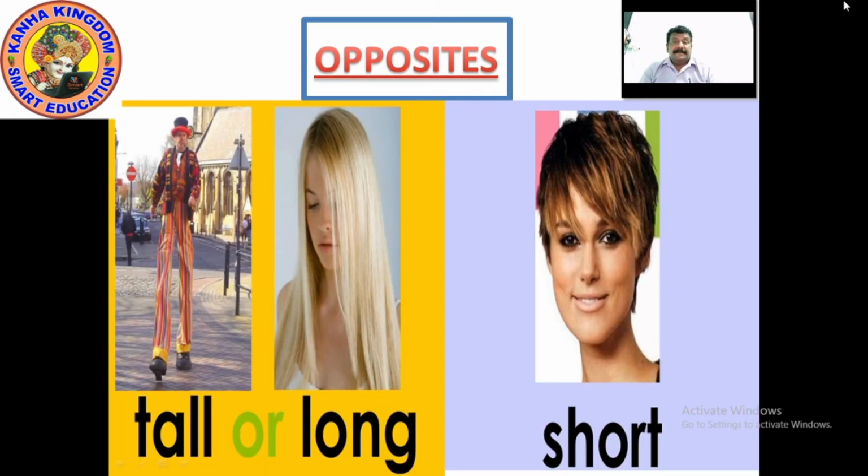Here, tall or long. When we talk about tall, I have told you in the first one, the normal height is 5.6, 5.7. The person who is 6 foot or the things which are more than the normal height are called tall, or long. When we talk about long, look at the hair. The hair is long. What is the opposite of tall or long? Short. You have seen in the first session also. Short,